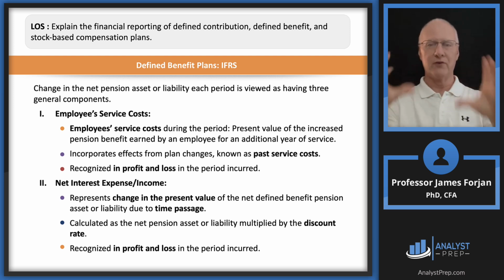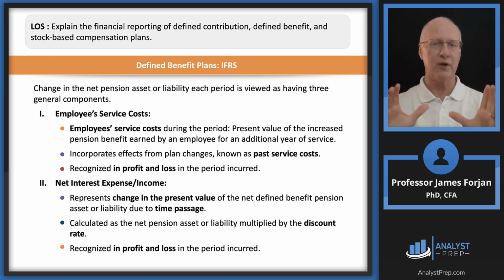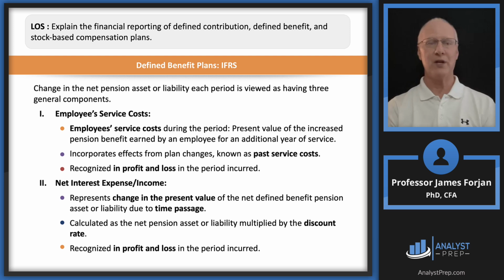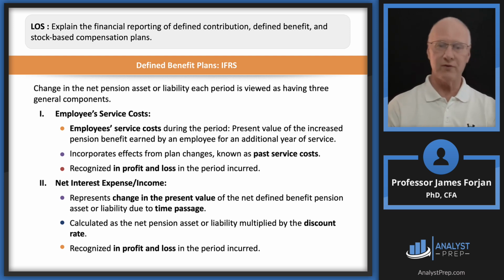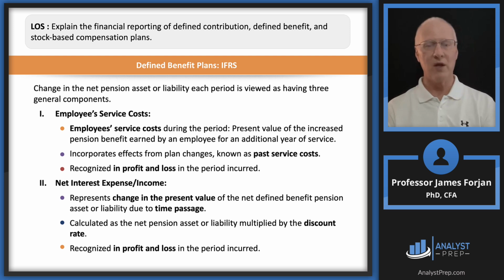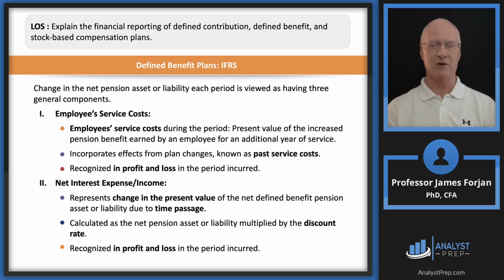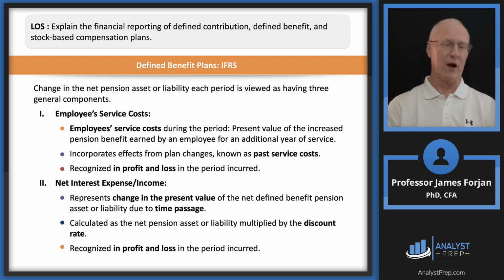I would say something like, here's a company that operates in a country that uses the international standards. And then the question is, which of the following is an employee service cost? How do we handle these things? Oh, look at the third one there, recognized in profit or loss in the period incurred. So that shows up on the income statement. What about net interest income? What about interest expense? Notice you've got to do present values in there, the change in present value. You might have to calculate a present value. That's probably not a bad question.